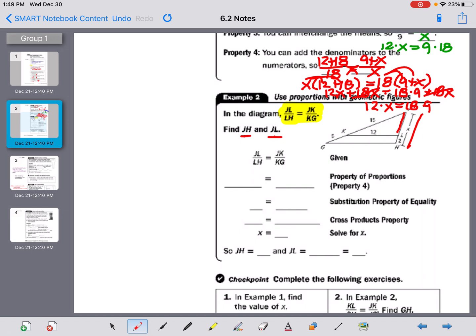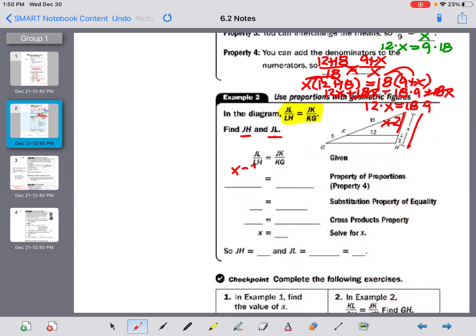If I told you that x was 10, how big would JL be? It would be 8. How'd you get that? 10 minus 2 equals 8. What if I told you that x was 25? How big would JL be? 23, because you would do 25 minus 2. So whatever that x is, you subtract 2 from it, right? So let's just call it x minus 2, because whatever x is, we'll subtract 2. We don't know what the x is, so we can't really make up our own number. So we're going to call JL x minus 2